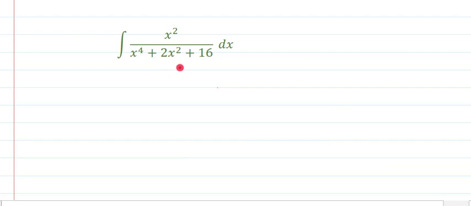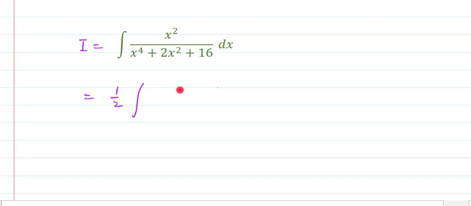Let us try the next problem. It is again quadratic upon biquadratic. Let us name it as I. But we are not having the type x square minus 1 or x square plus 1. 1 means any constant. x square minus a or x square plus a. So we need to create, as I just told you. So first of all we need to divide and multiply by 2 to get the two terms of x square.